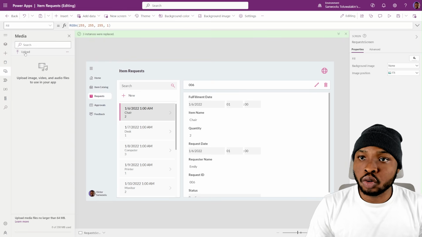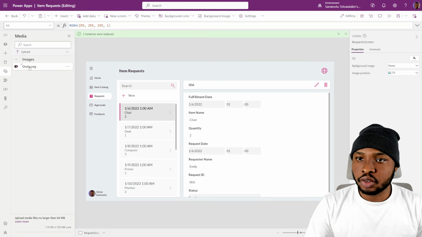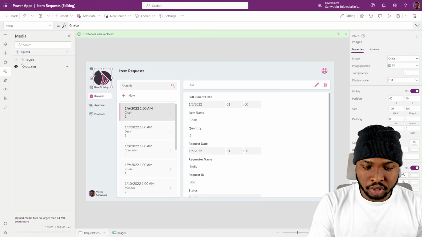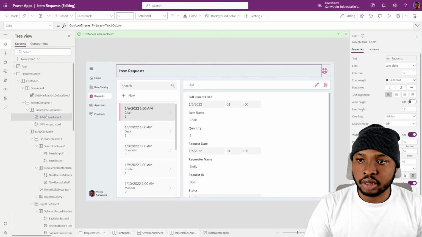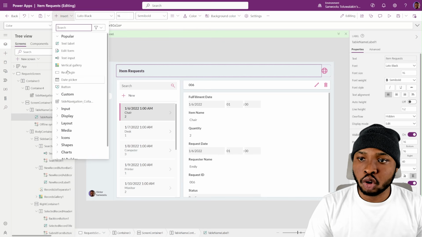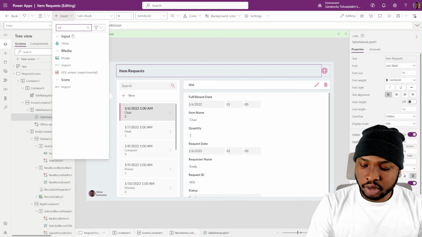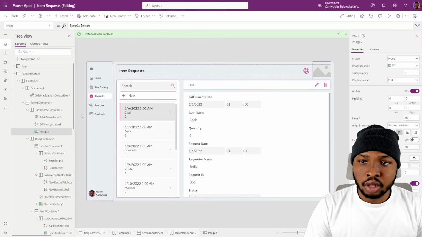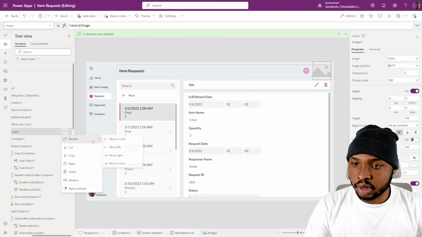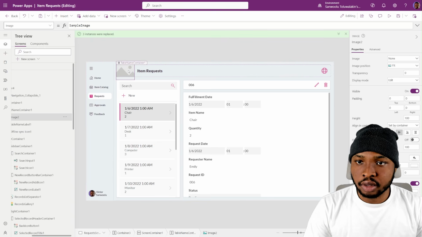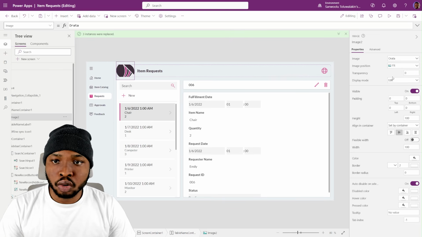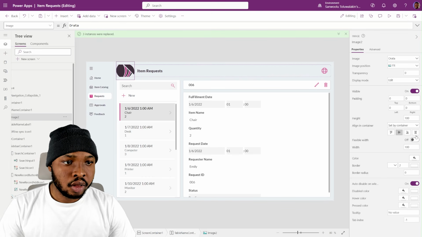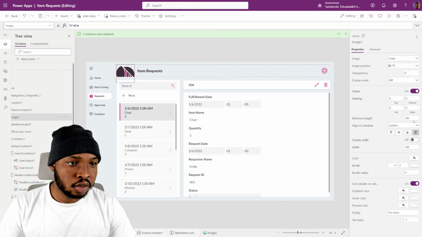Let's import the logo we are using on this app. All right, so that has been imported. Then let's add that to a header here. I'm going to add in an image control, image. So I want to bring that to the start, to be beside the name, then change it to the logo,